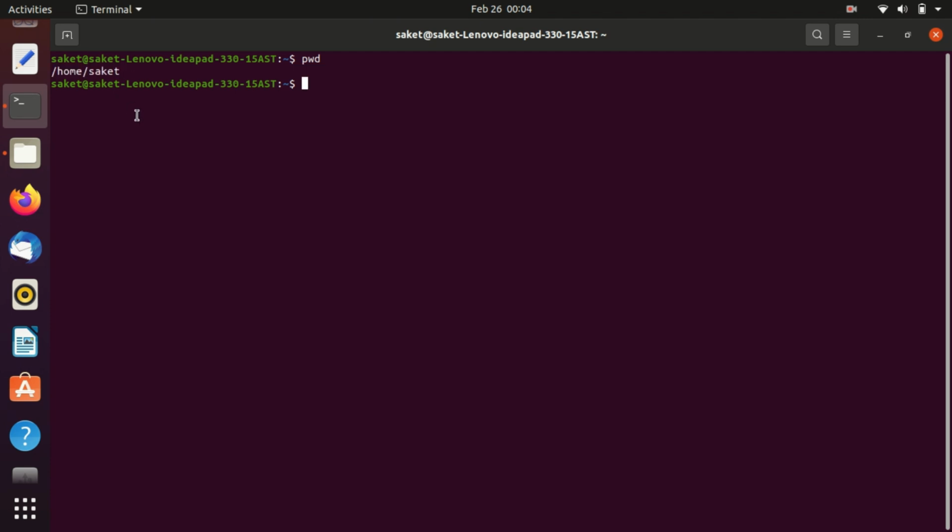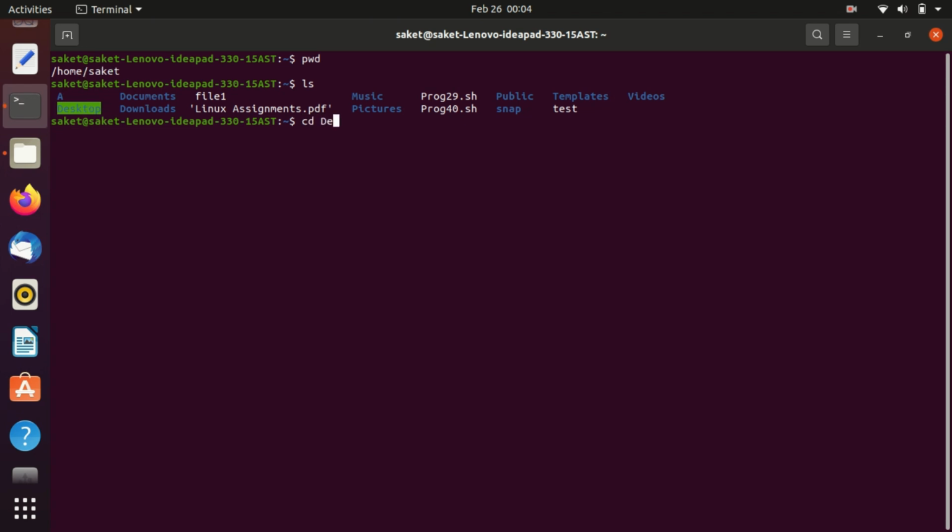So our first command is pwd command, okay. Pwd stands for print working directory, and our second command is ls, which stands for listing. It will list all the files and folders that are present in your present directory, okay. Now our third command is clear, which will clear the whole screen. And cd stands for change directory, like if you want to go in desktop directory from the home directory, you can write cd and then desktop, so you will enter the desktop directory.